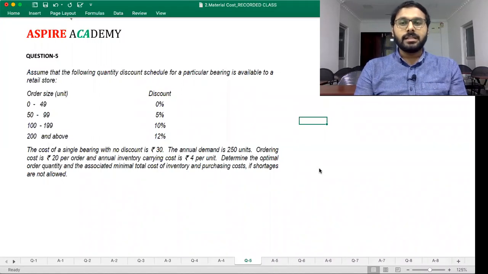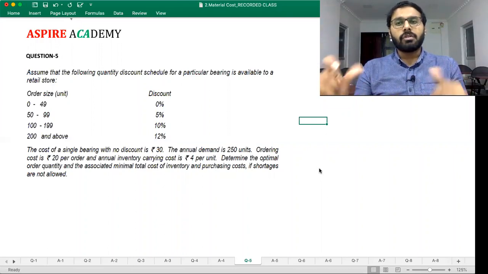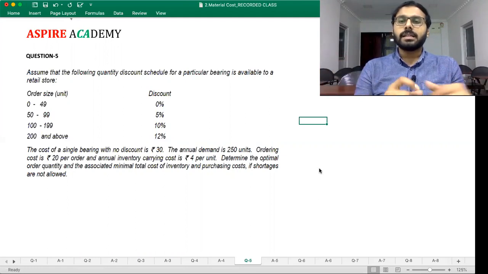There's one critical thing that is given. There's a discount, which means you cannot simply find out the EOQ and find out what is the minimal cost, because when you order at EOQ, the one major assumption that we took up was the purchase price is going to remain the same. Whereas here, the purchase price is going to change depending on your order size. Then your EOQ is not going to work out. You have to find out under each and every slab rate what is the cost, and out of that, the minimal cost should be chosen, and that should be your order quantity.